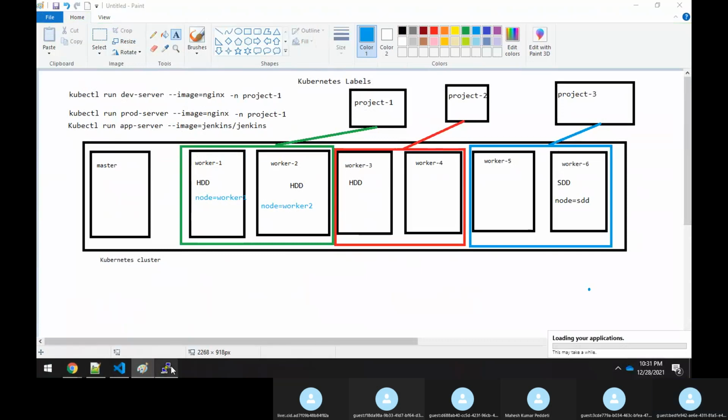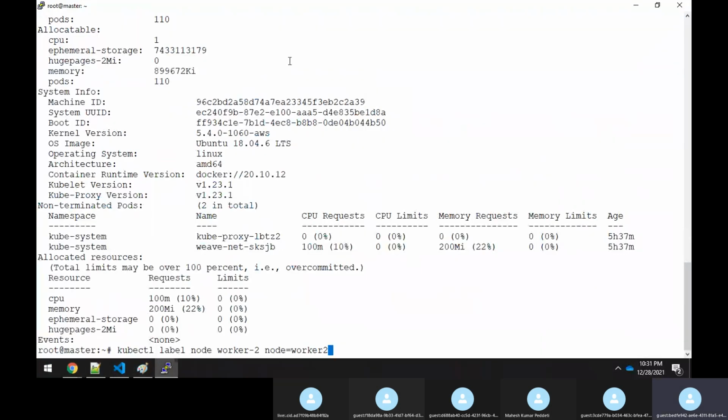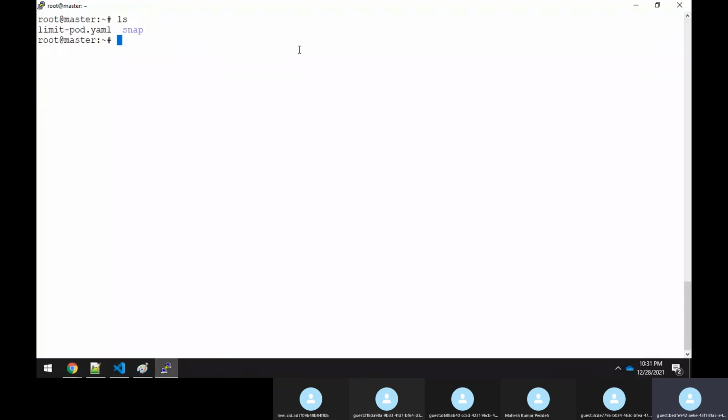So this we already set. Now let me create pod1.yaml file. We know that whenever you write any YAML, it should always have three hyphens. It says that it is the start of your YAML file, and here we use apiVersion. Always we have to use v1, and we have to use kind, and we say Pod, which means what kind of object you are creating, and then metadata.